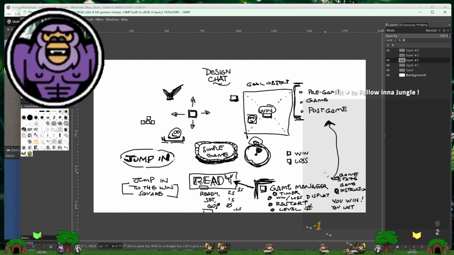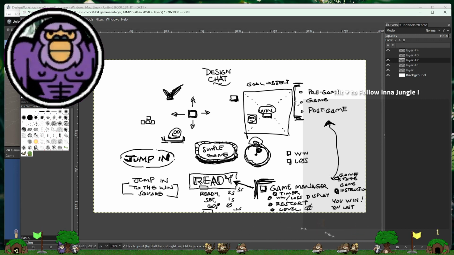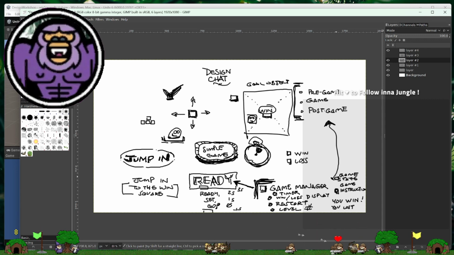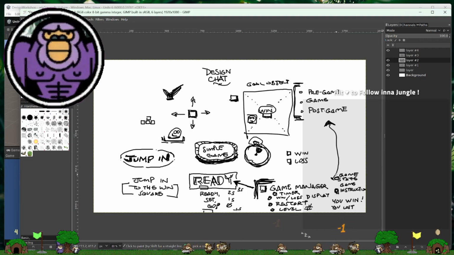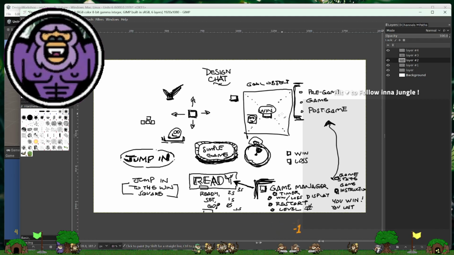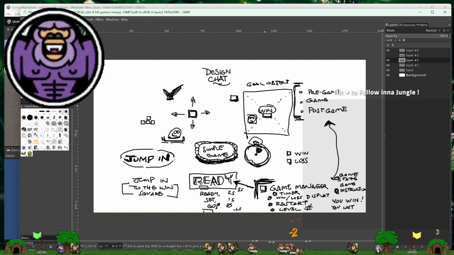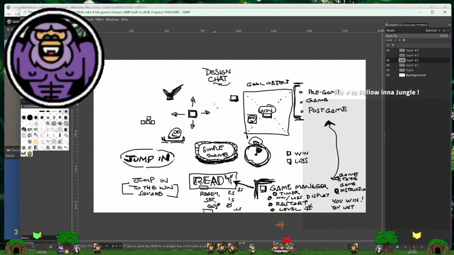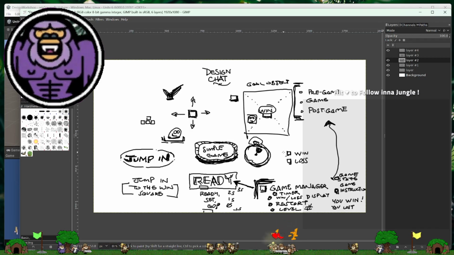Okay? So instead, we'll just offload this. This part of the win square can move over here, and that's fine. We can make that happen. Maybe we'll do it after we complete this prototype of our win square stuff, so that we can work out the other things for the win part of it.